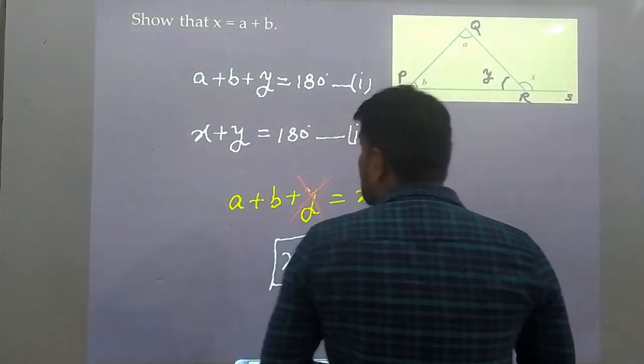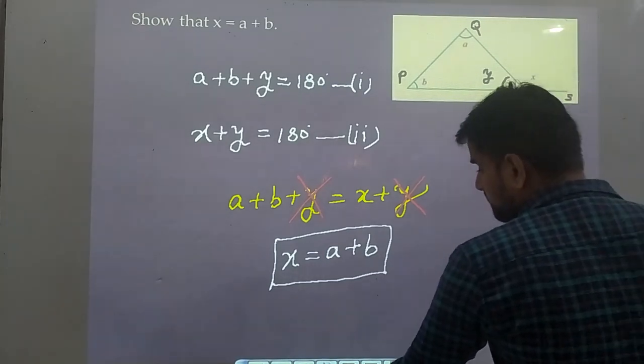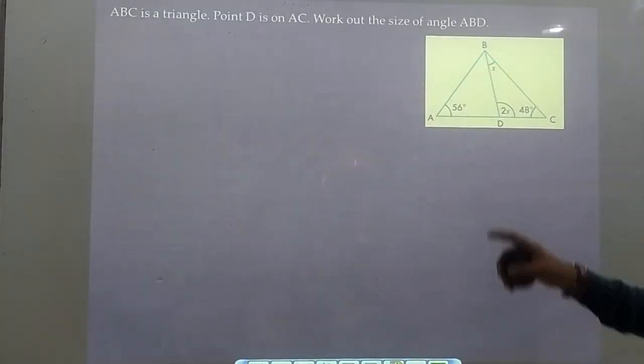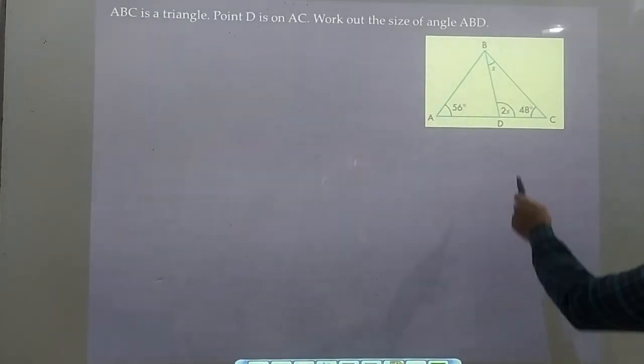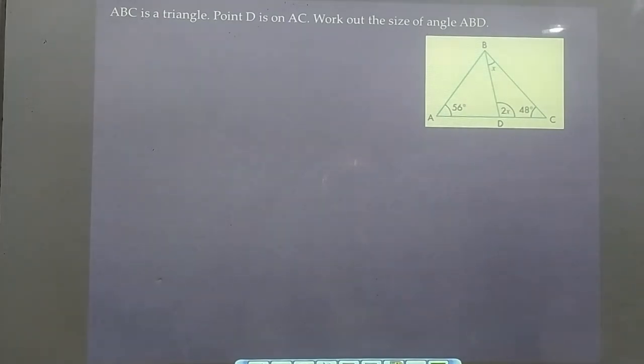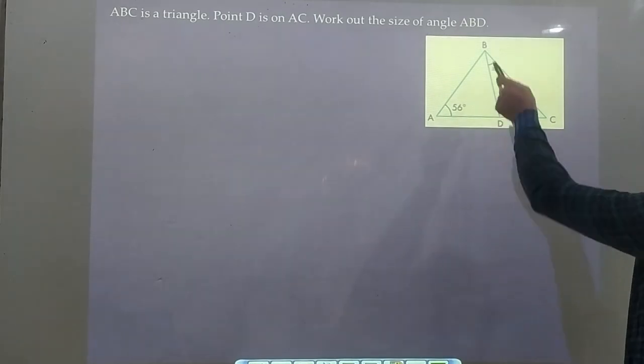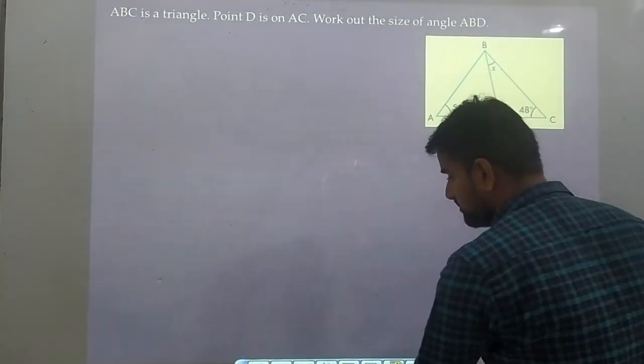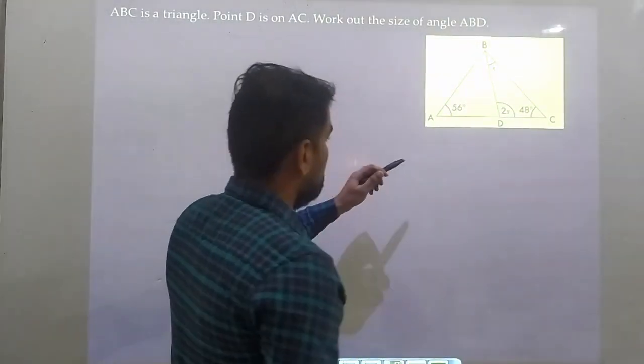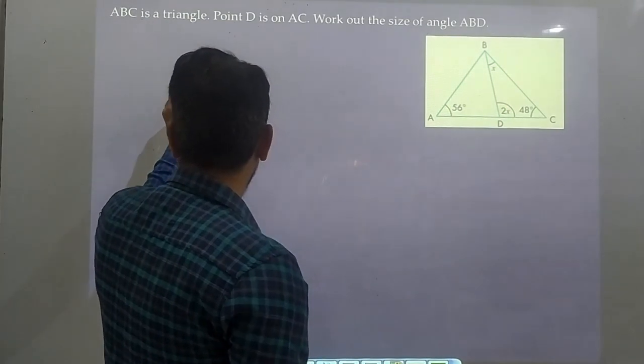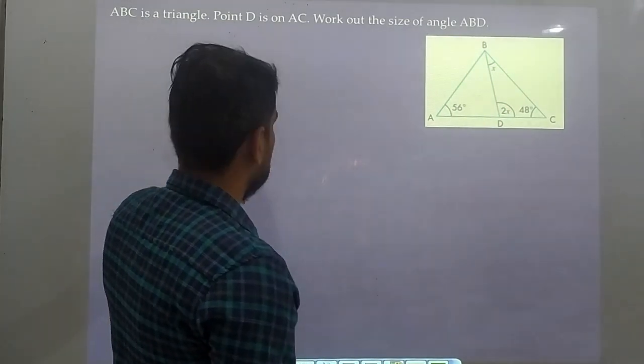Okay, let's move ahead and take the next question. In this triangle, point D is on AC. Okay, this is the point D on AC. Work out the size of angle ABD. Alright, so first of all, we need to take this triangle. Okay, let me change the color. In the triangle